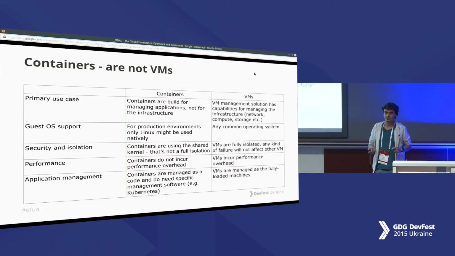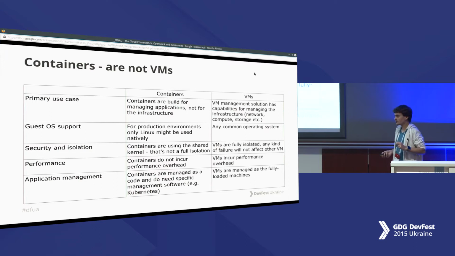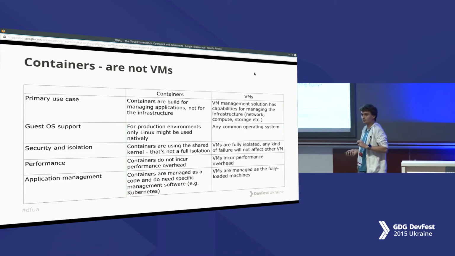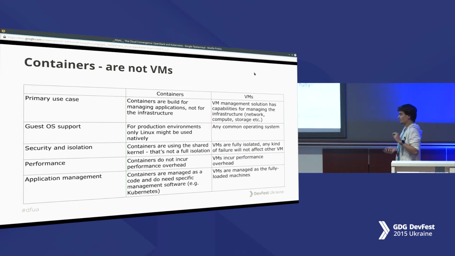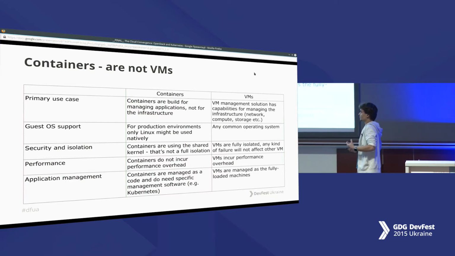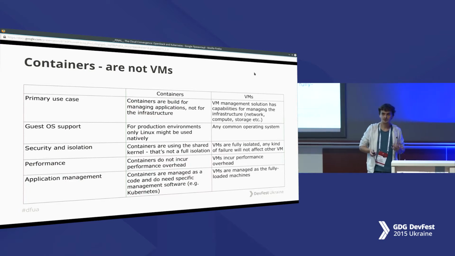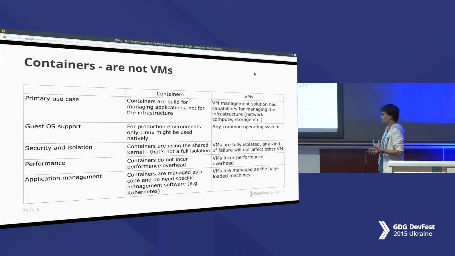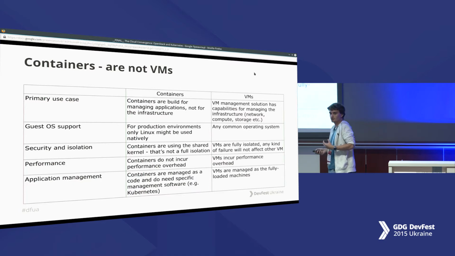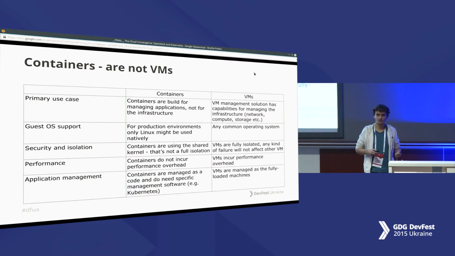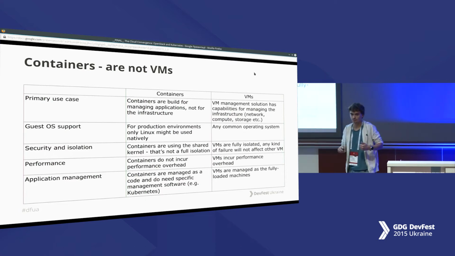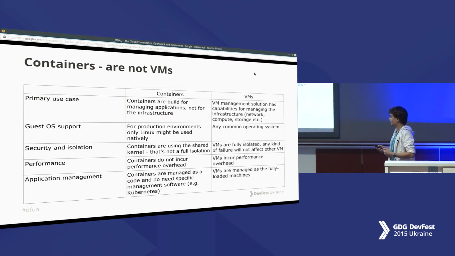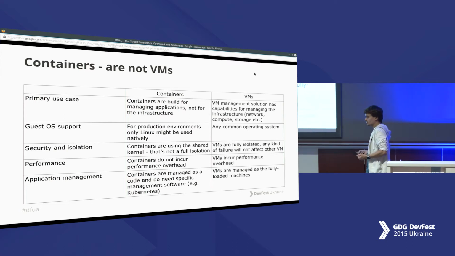There is a great difference in the concept of security and isolation between containers and virtual machines, because container technology uses a shared kernel and shared resources between the different containers. Different containers are located on the same host machine. That is not totally secure, because sometimes an exploit may allow a user or process in one container to damage any process in another container or on the host machine. The classic virtual machines are totally isolated, totally secured.